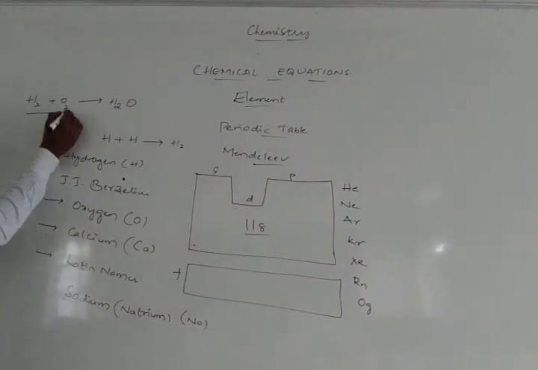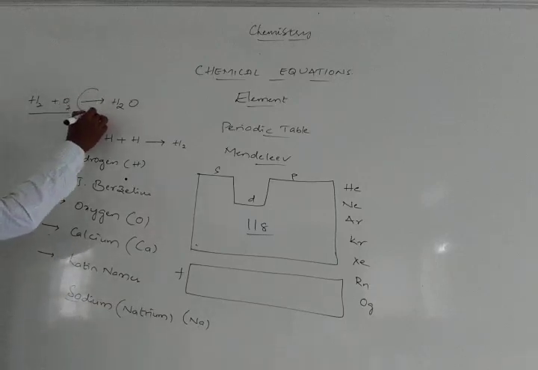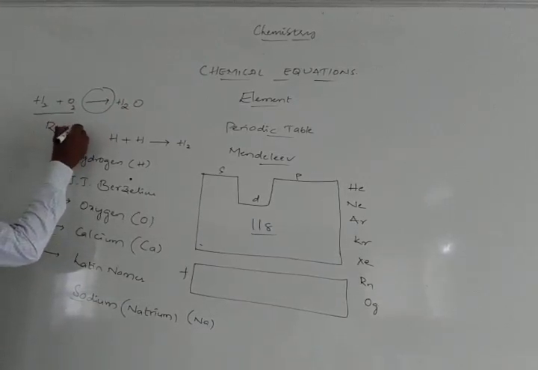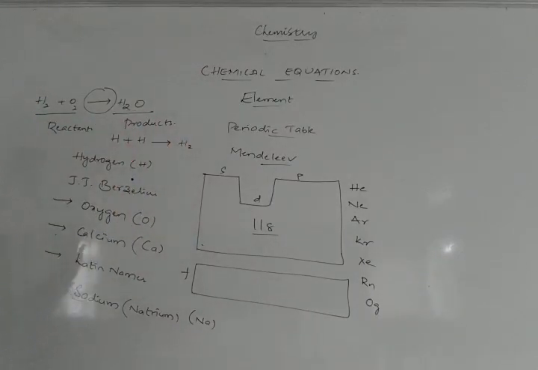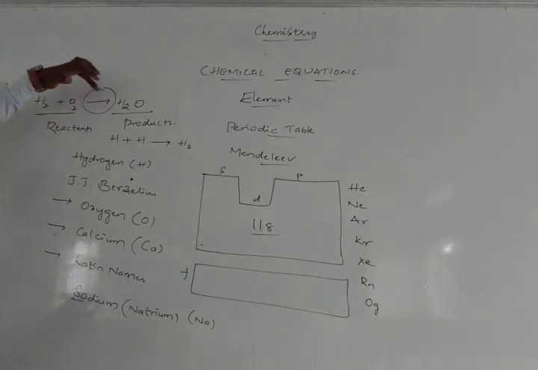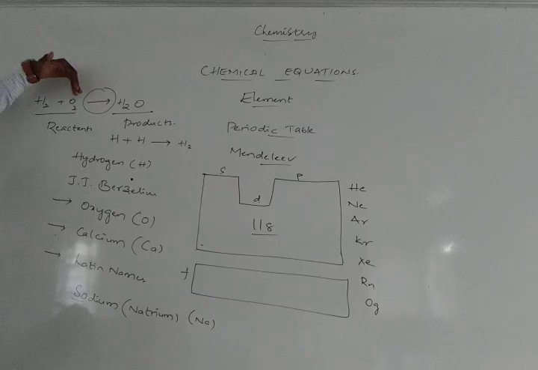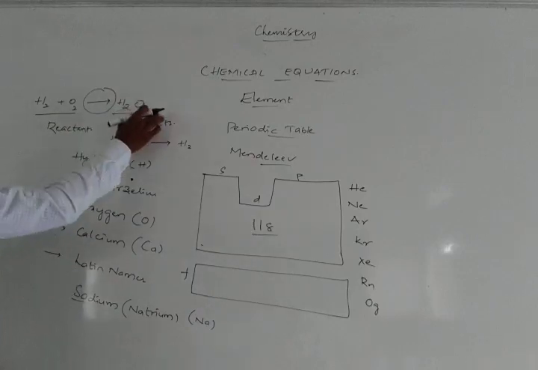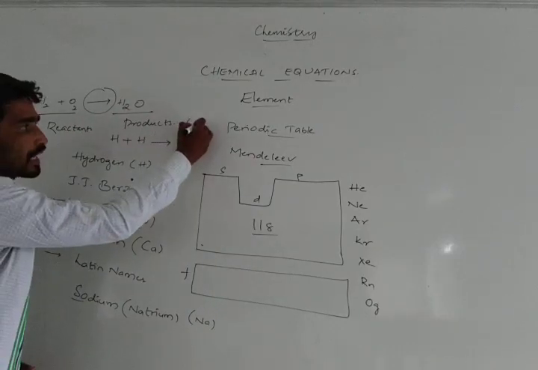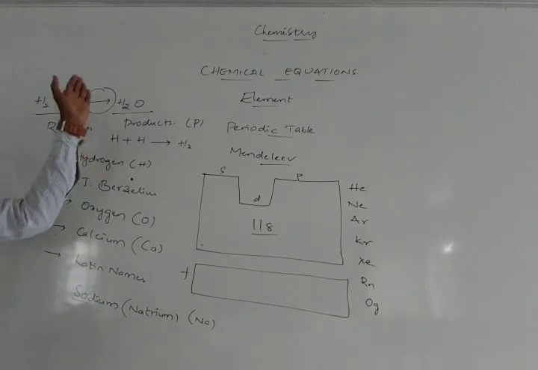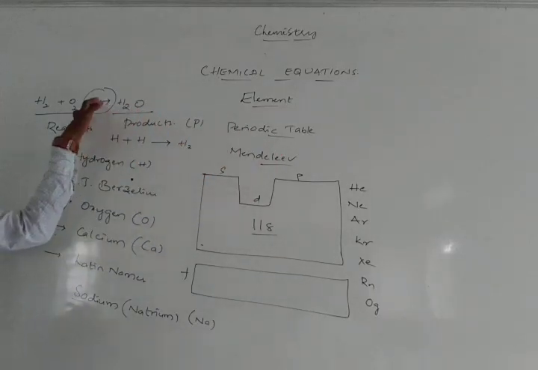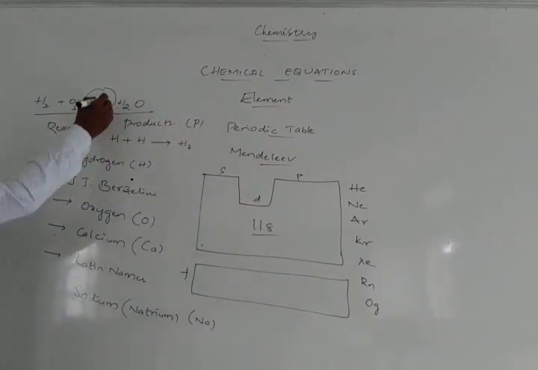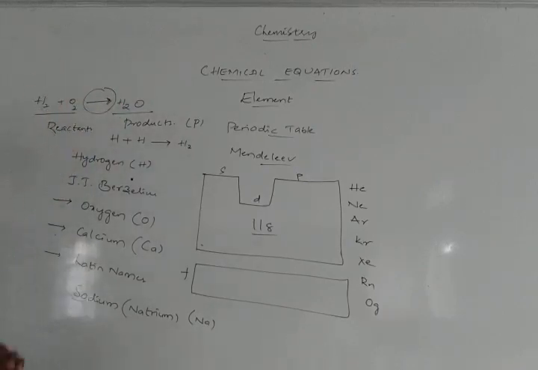The substances present on the left hand side, this arrow mark will be separating the reactants as well as the products. So what is meant by reactants and products? First, reactants: the substances present toward the left hand side of this arrow mark, or the substances involved in the reaction, are called reactants. And the products are always represented with the capital P. The substances formed after completion of the reaction, or the substances present toward the right hand side of this arrow mark, are called the products. This is called the head of the arrow mark and this is called the tip or the tail of the arrow mark.